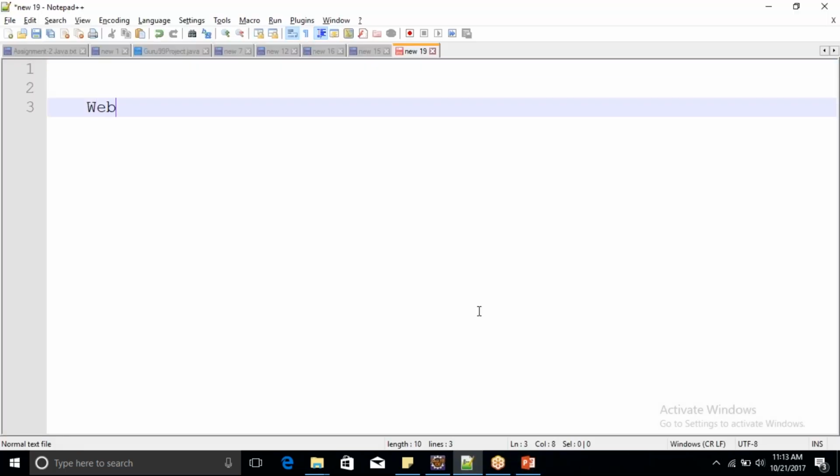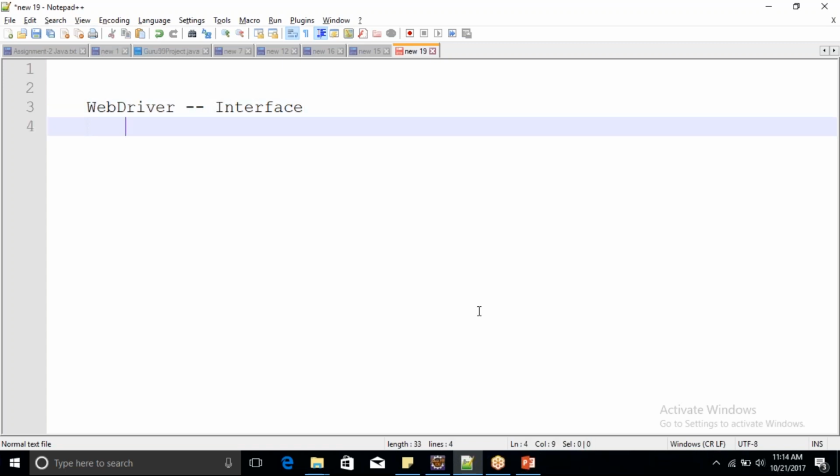If you'll see, WebDriver is an interface. We have seen it like 100 times in Selenium. So WebDriver is an interface for us, right? Now, a WebDriver is an interface, and classes like Chrome driver,